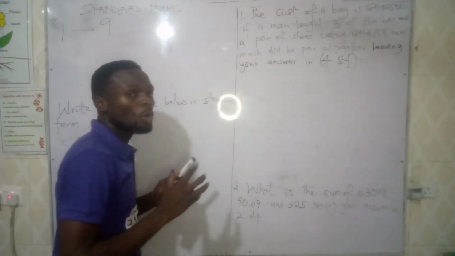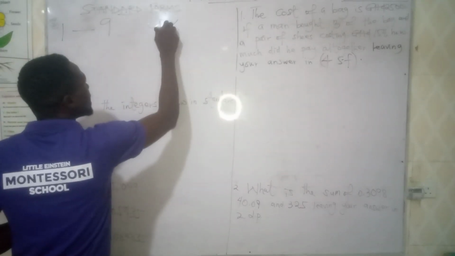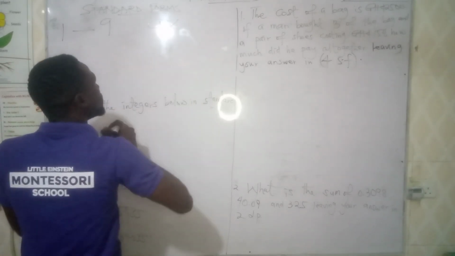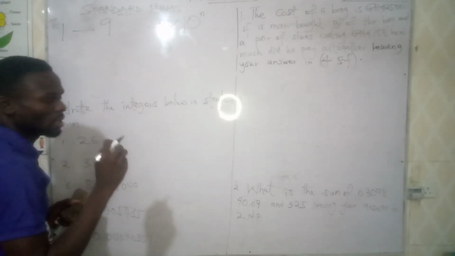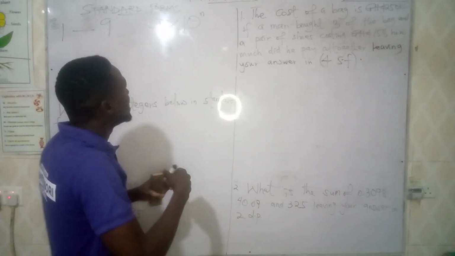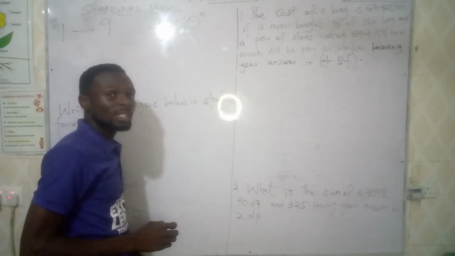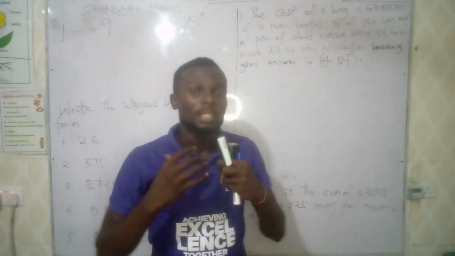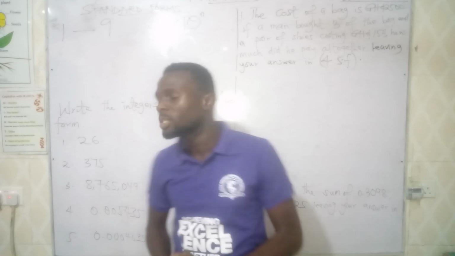So a standard form is given as a times 10 raised to the power n. Now, once the number is in this form, then we say the number is a standard number, or it is in a standard form. Now, what we should also know is that